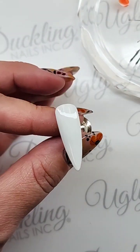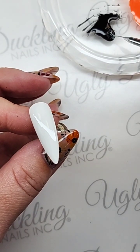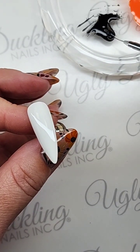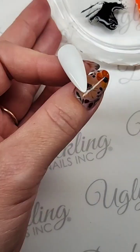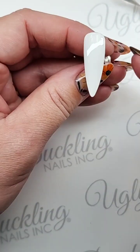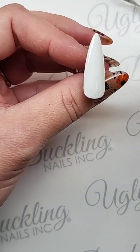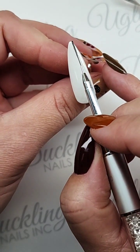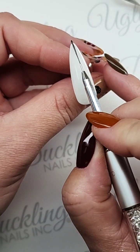Time for pinstripes. So, this time, we are just going to grab a glob of black art gel. And to start off, usually if I'm doing this on a client, I'll flip their hand around and I'll look for the middle point in the very tip of the nail, depending on the shape that I'm doing,